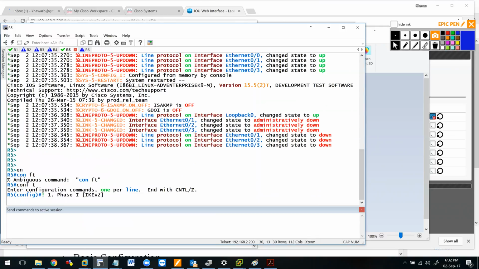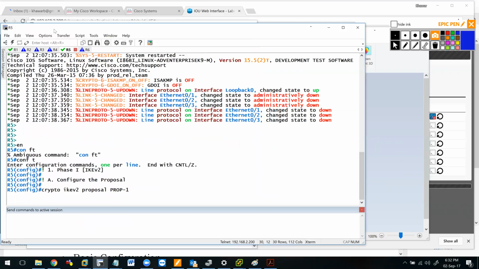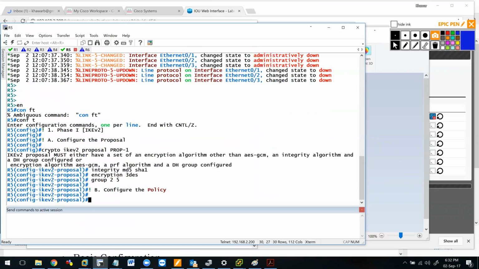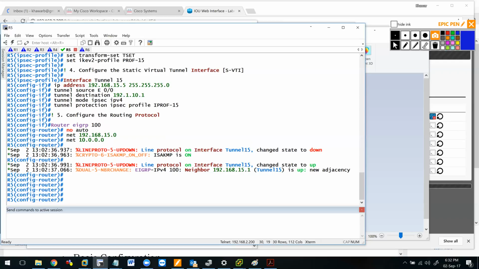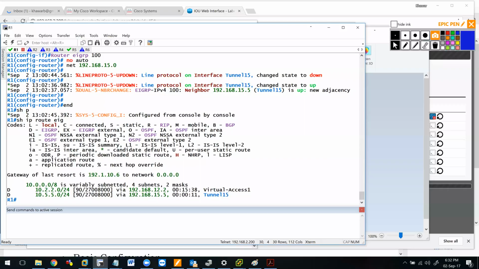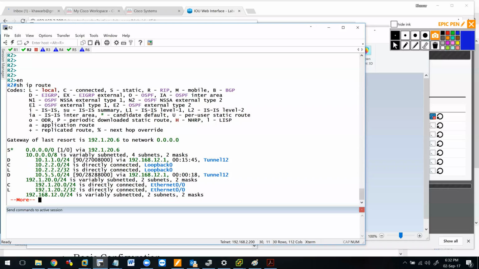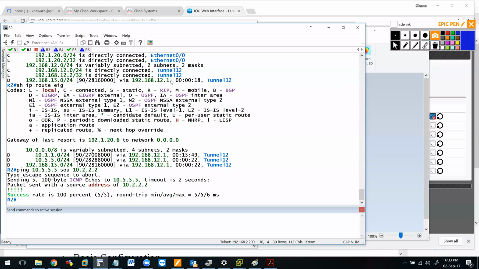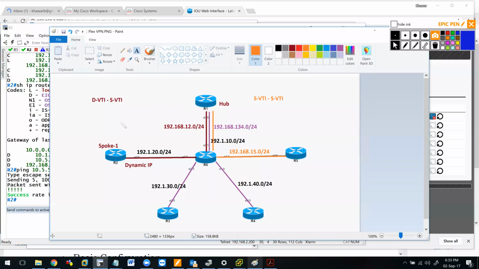Now I have 10.2 and 10.5 on router 2, router 1. Router 2, do show ip route eigrp. I have 10.5 as well, so I can go to 10.5 from 10.2. So 2 can go to 5. Right now, this is hub and spoke, by the way. This is DVTI. Here is SVTI. So whether I have dynamic or static, I have the ability to accommodate both type tunnels. Everybody good with